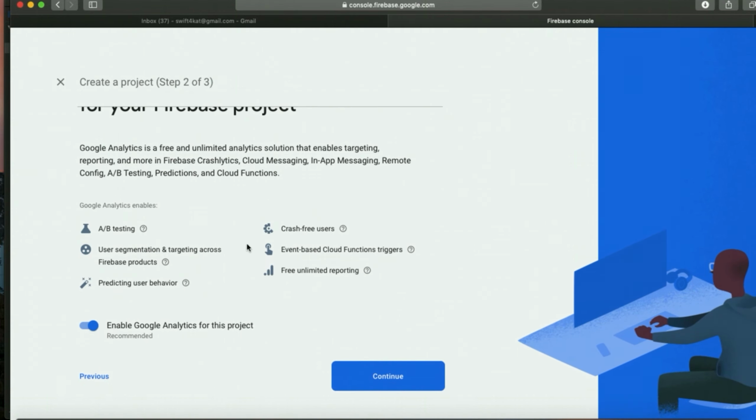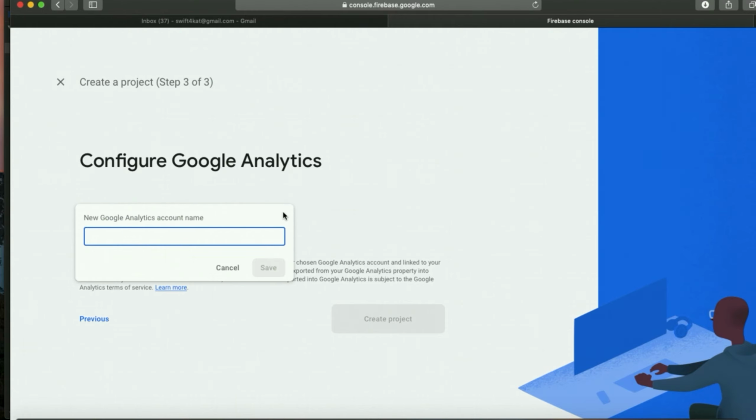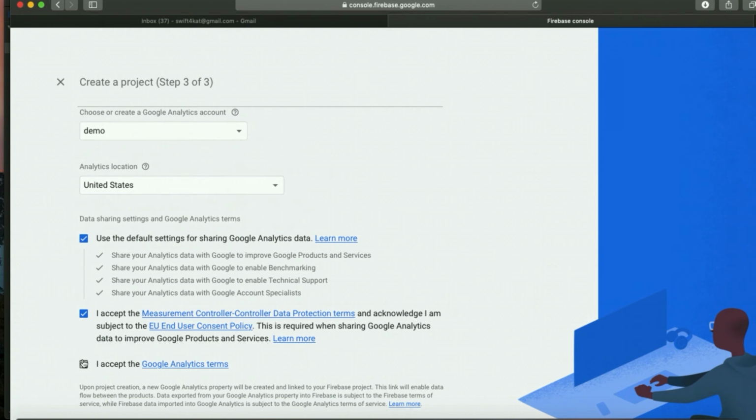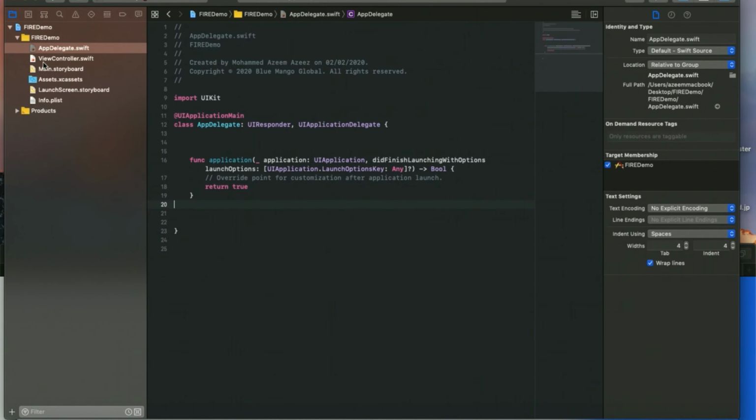Continue, and let's say continue again. Demo. You can put your country whatever. Check here the terms and agreements and say create a project. So this is creating a project for you in Firebase demo, and meanwhile what I'm going to do here is